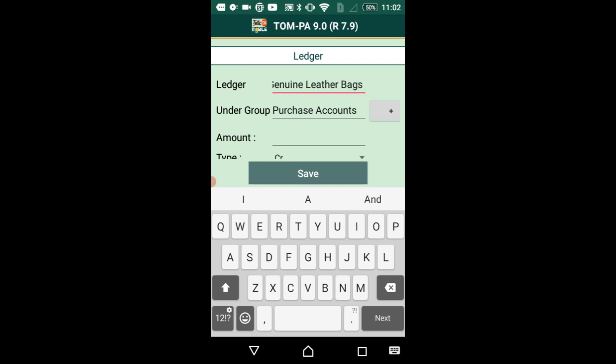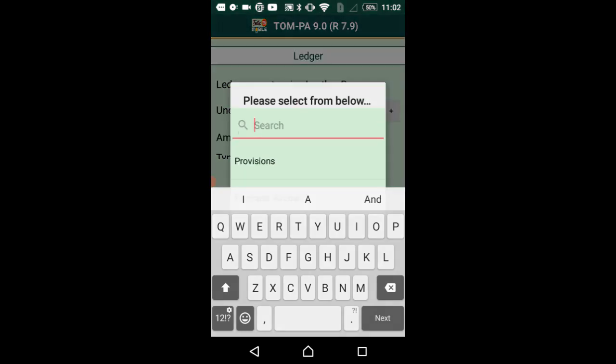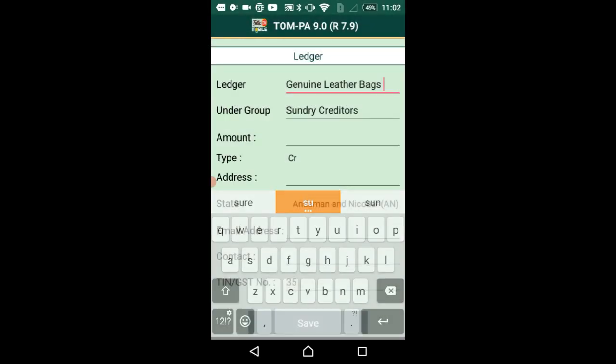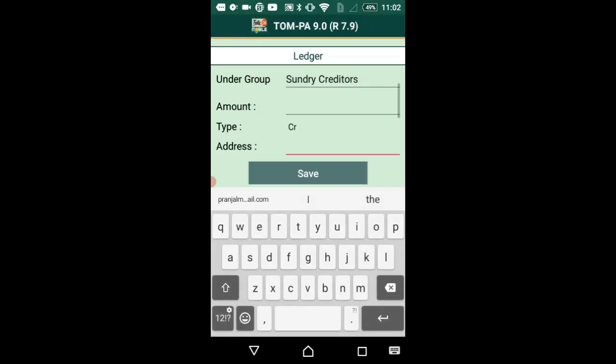Select under group as sundry creditors as we are going to purchase goods from them. As soon as you select the under group as sundry creditors, more options will be seen, such as address. Then write the address of the company given in the textbook, Sai Baba Nagar,